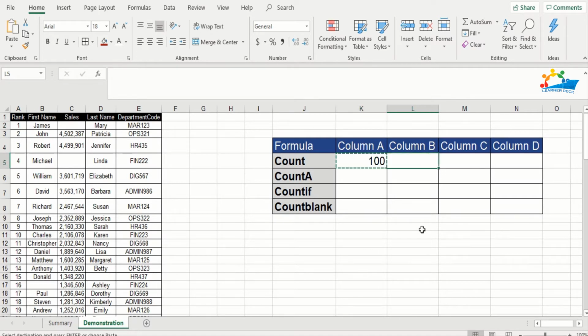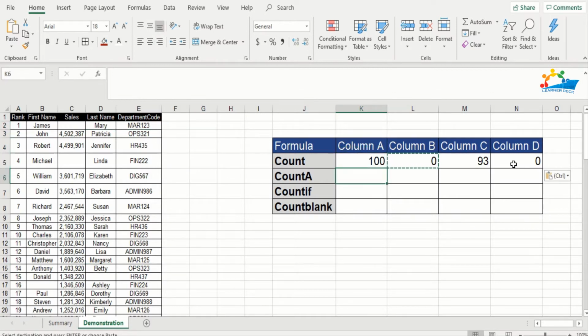We'll just copy this formula. We'll paste here for column B, and you can see that the range has automatically changed from A to B2 to B101. But the output here is 0 because in column B we do not have any digits or any numbers available. We'll do it for column C as well. Here it is. The answer is 93 because this formula, that is count, does not count empty spaces or empty cells. So the answer is 93, and we'll do it for column D, and the answer is 0 because it has only empty spaces as you can see here and alphabets.